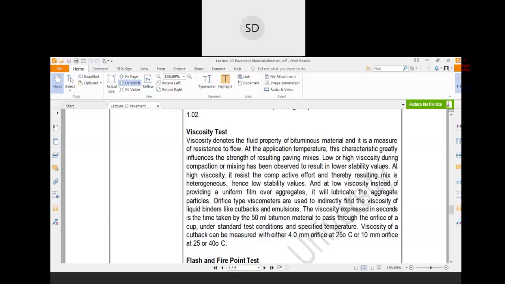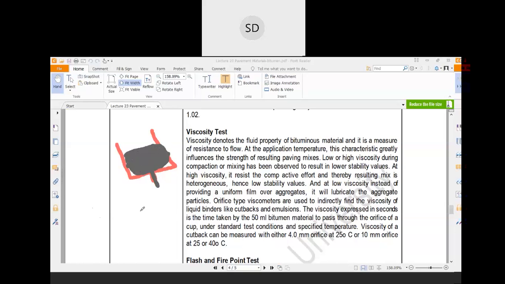So in this type of test, what happens? There will be a similar type of setup to your indirect test. There will be one briquette, and in the briquette there will be one small notch, and bitumen content would be filled over here, and gradually you increase the temperature, and when the bitumen content softens at a particular temperature, you will remove that lid,